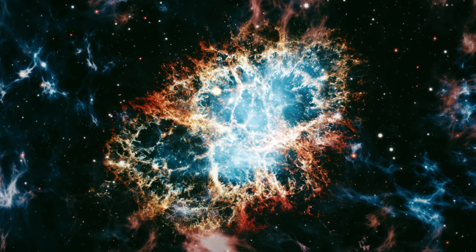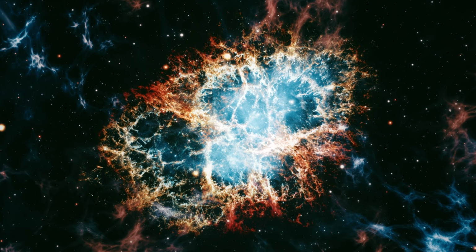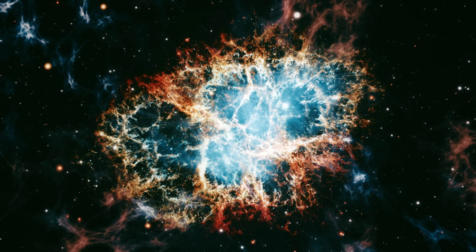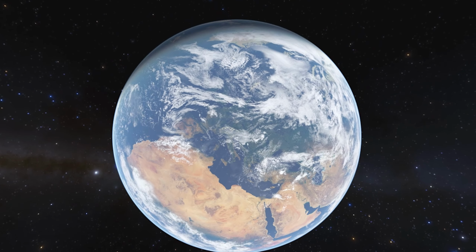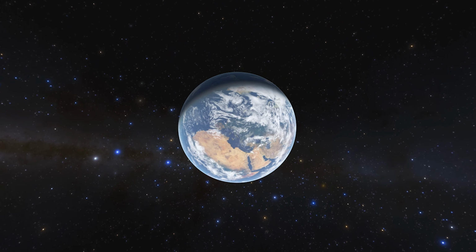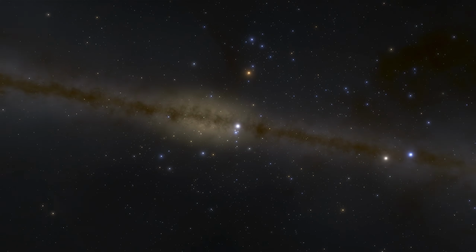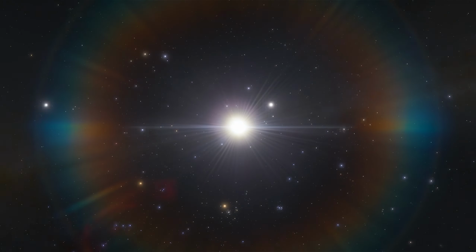The story of the Big Bang also encourages us to embrace uncertainty. Just as the early universe was shaped by randomness and chance, so too is our journey shaped by the unknown. Yet within this uncertainty lies the potential for discovery. The universe's most profound truths often emerge not from answers, but from the courage to ask questions and the willingness to explore. As we continue to explore the cosmos, we also explore ourselves.